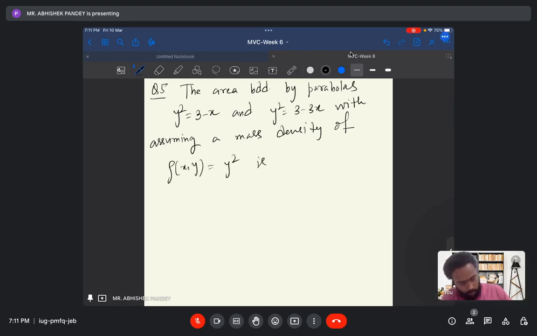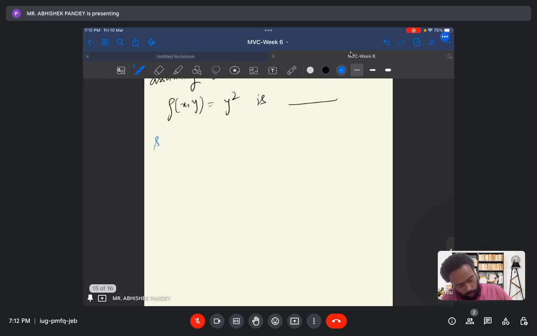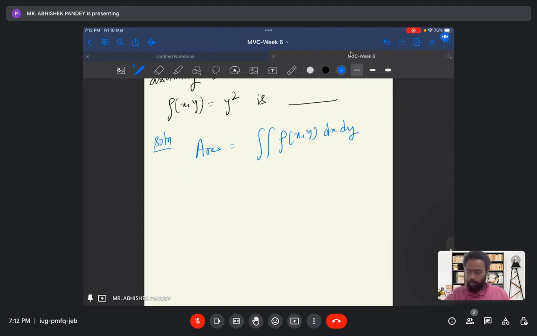So the solution is, basically the mass will become the double integral of rho of x comma y dx dy. Okay,